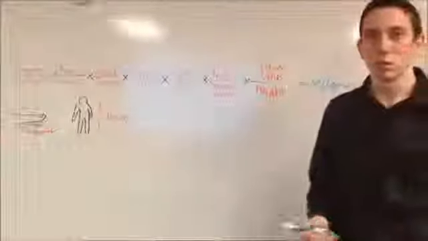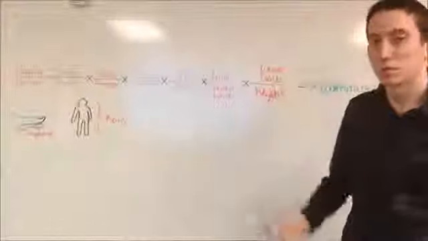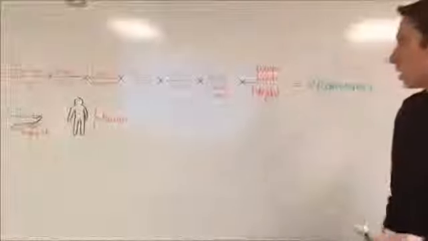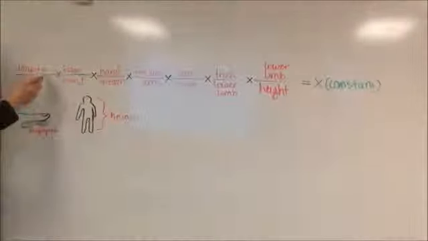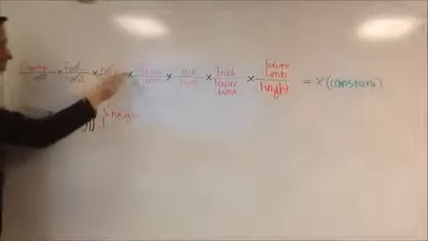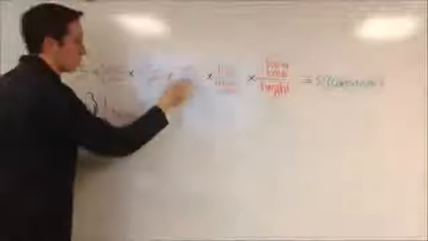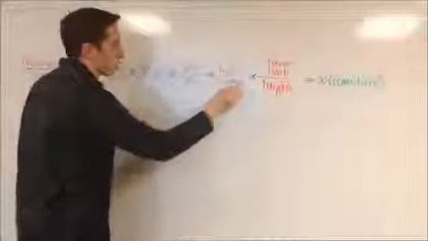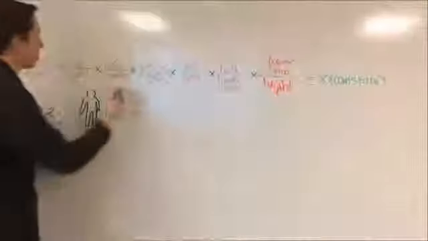Using the golden ratio up here, we can determine the constant. The constant is found by simplifying this. You just simplify finger, hand, forearm, arm, trunk, and the lower limb, and the lower limb and the height. And that leaves you with